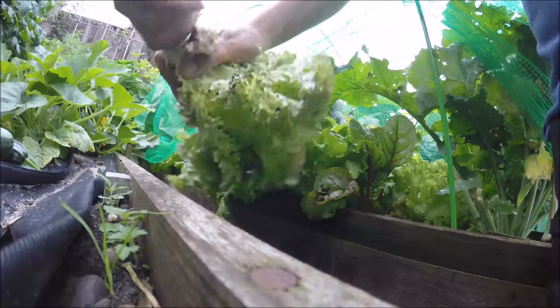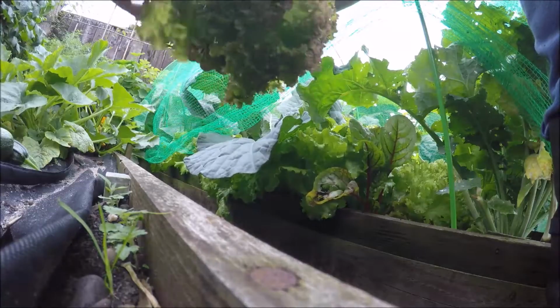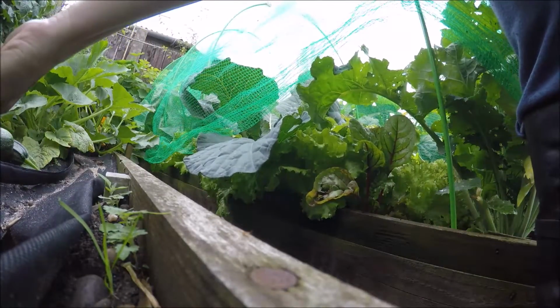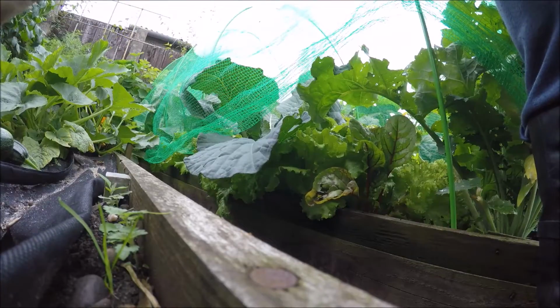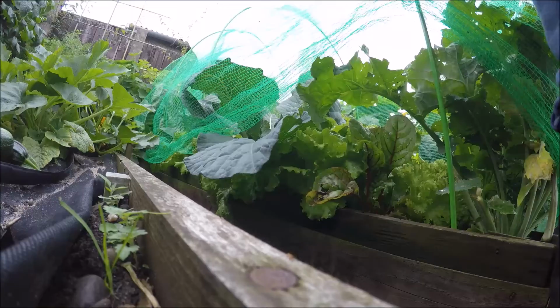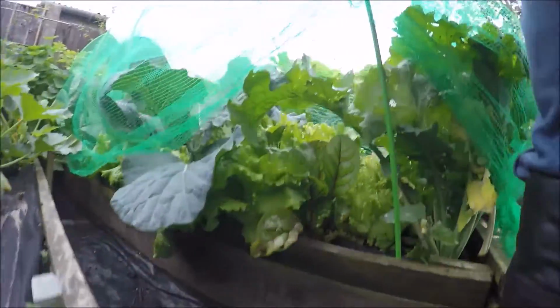So I think just stick that in there. Not that you can see what I'm doing because I'm behind the camera now. My hands are all wet and I've got to pick the camera up. But if I take you and show you,